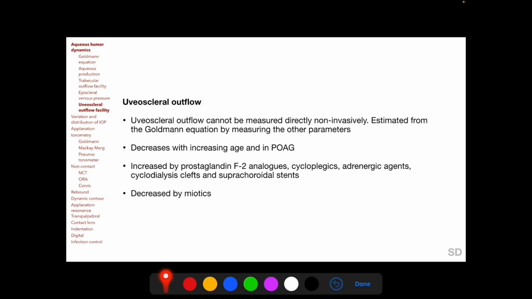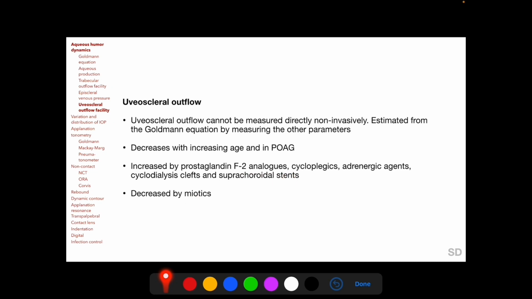Uveoscleral outflow is said to decrease with increasing age and in patients with primary open-angle glaucoma. Uveoscleral outflow is increased by prostaglandin F2 alpha analogs, and this is the main mechanism by which prostaglandin F2 alpha analogs decrease intraocular pressure. Uveoscleral outflow is also increased by cycloplegics, adrenergic agents, cyclodialysis clefts, and suprachoroidal stents, and uveoscleral outflow is